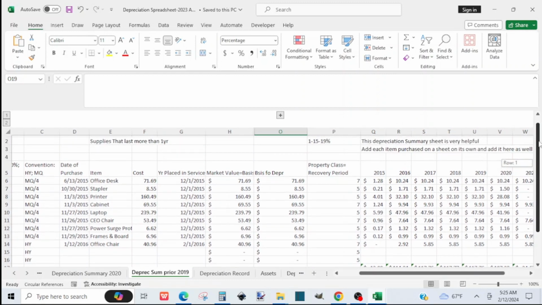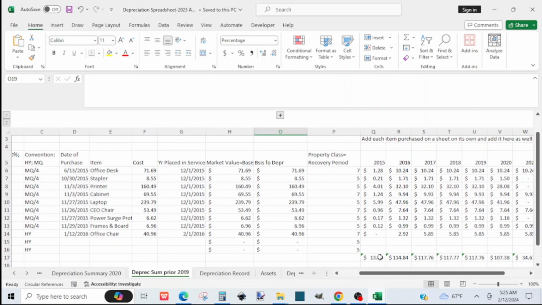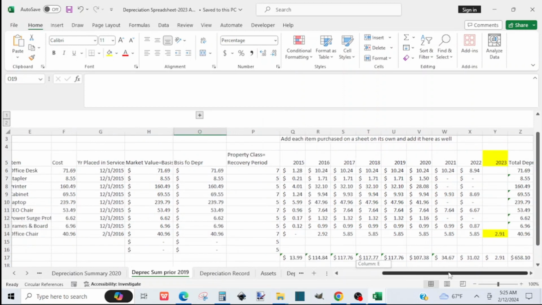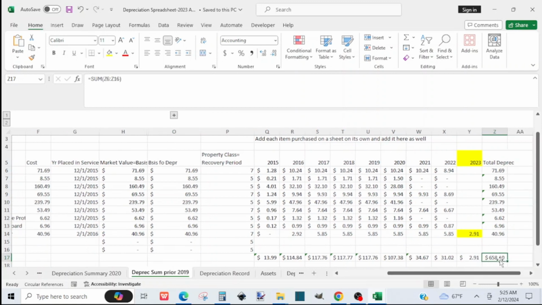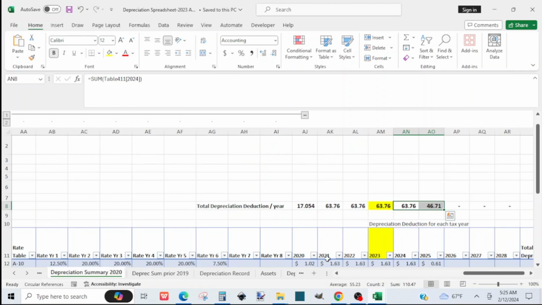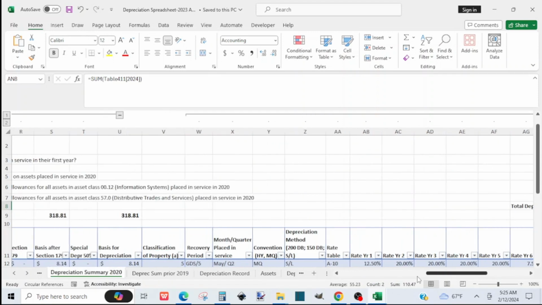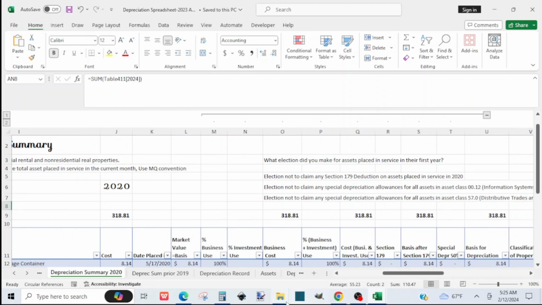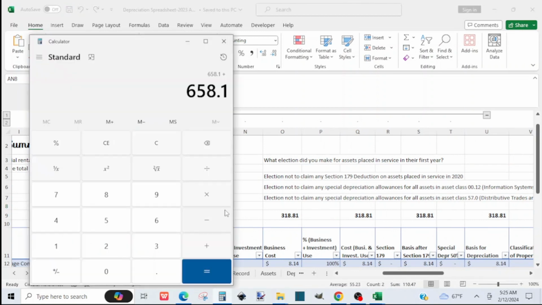Let's go to, okay, so the total assets amount, so 658.10 plus. We'll go to the next year, and then that will be 318.81 plus